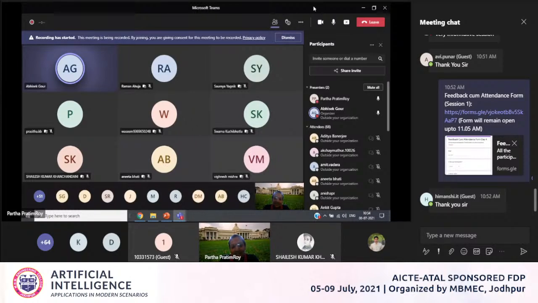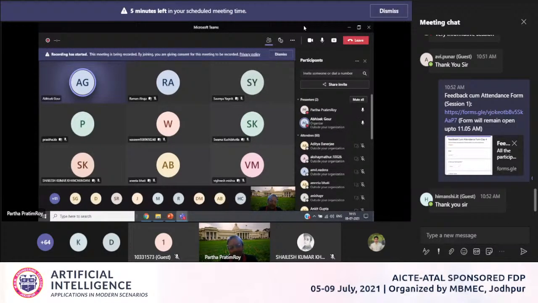Sure, that's good. As I was telling, it's actually the future, so I really want you to start immediately. In the last 2 or 3 years, I have seen many research labs start working in this domain and publish lots of papers. This is a good time, and you can publish good papers.